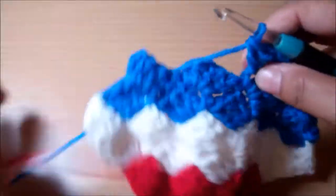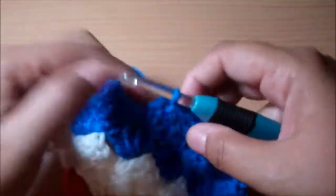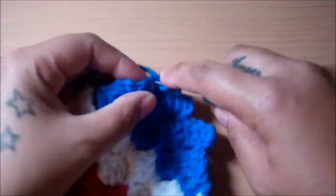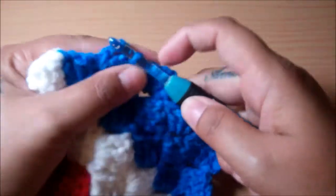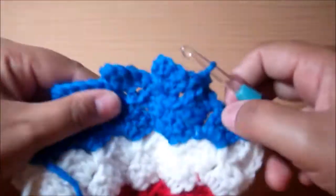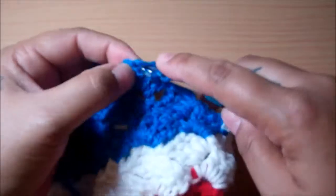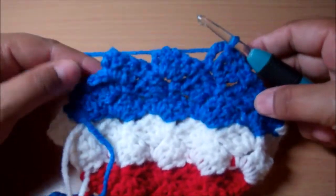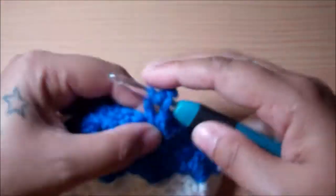Okay. Pull on my yarn, slip stitch into that next chain 3 space, chain up 3, 3 double crochet in there. This is the last space, so we'll just slip stitch. We'll turn our work, and we'll slip stitch our way back to that chain 3 space. Right in there. As you can see, it's getting smaller as you go. Now we'll chain up 3, 3 double crochet into that chain 3 space,